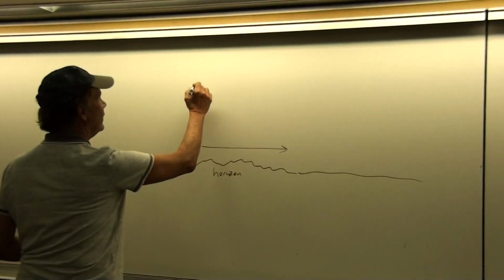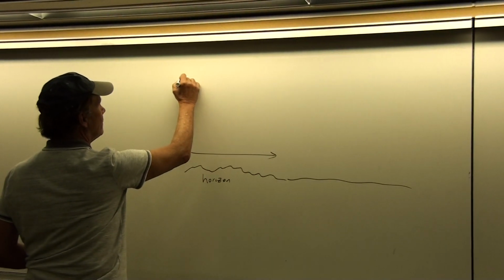And some of you might be very observant and see that that's a polar bear sitting there. And so that would be a hint. But that's not the kind of hint I would give you on an exam. And so it turns out that when the stars are moving parallel to the horizon, you're near the North Pole.